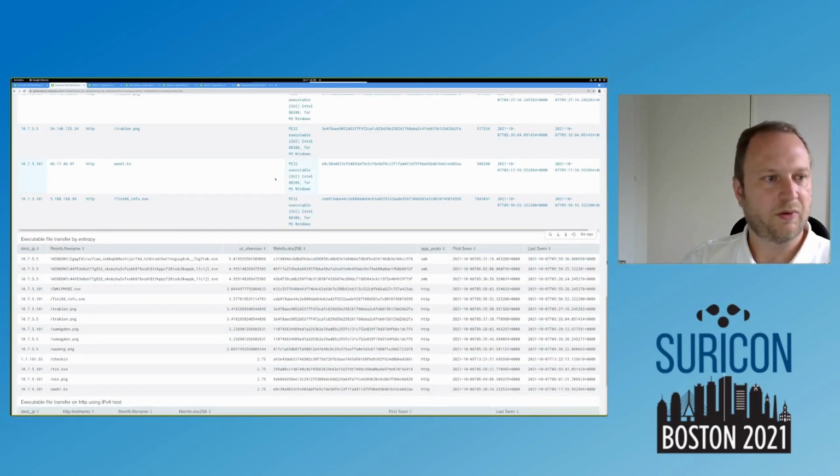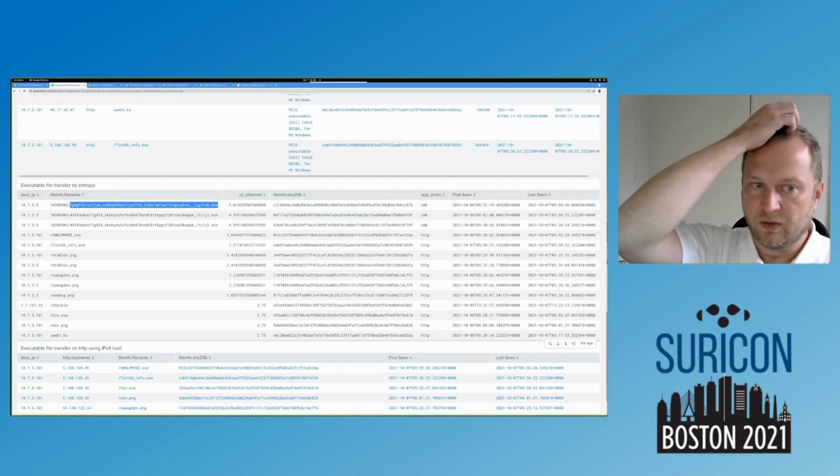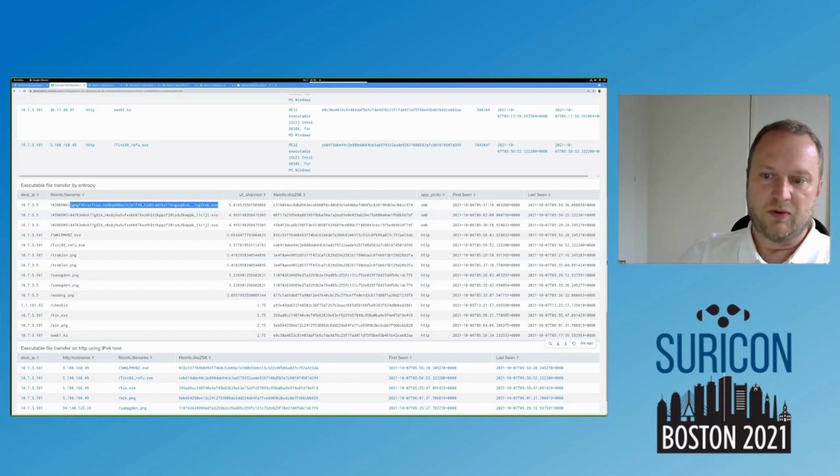This one is the following. In a lot of cases with an attack, the machine is generating a random name for the file to avoid collision with other files, and we end up with a file with a name like this one that is not readable and that has a really high entropy. So by using the computation capability of Splunk, we managed to build the list by entropy of the files that we have seen in the exchange.